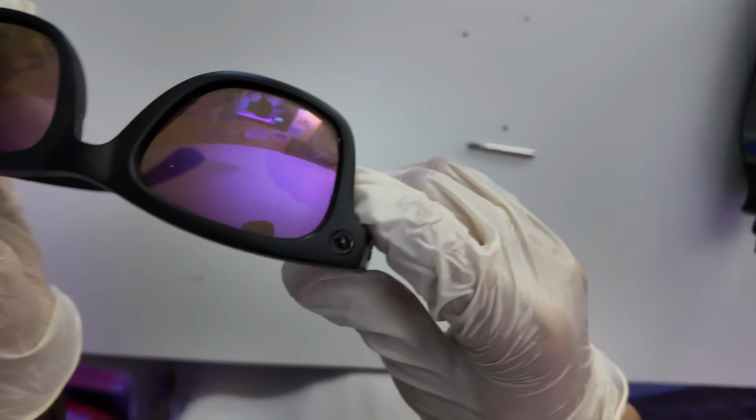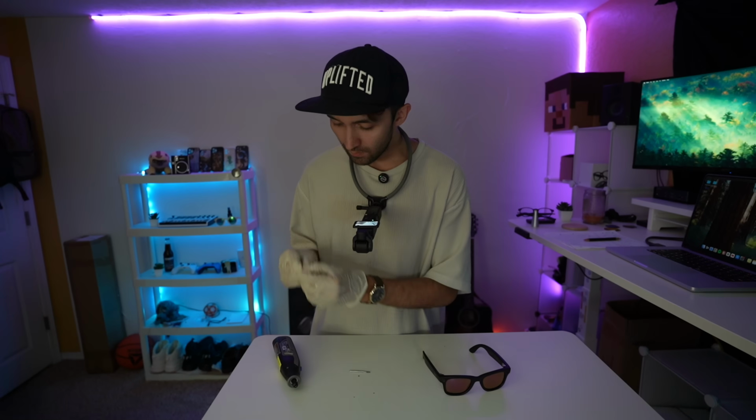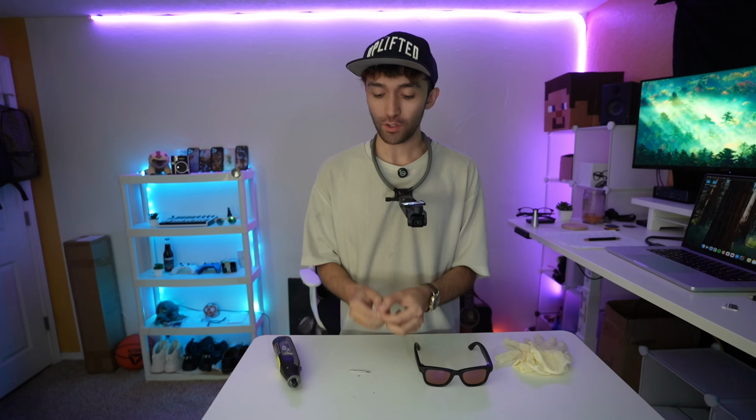I'm actually gonna put the other bit on there so I can get more of the center because it's kind of scaring me a little bit. Take this bit out, and it looks like my worst nightmares just came true. I broke the rotary bit. Okay, now that we've managed to break the rotary bit, the only piece that makes it so we can do this carefully,